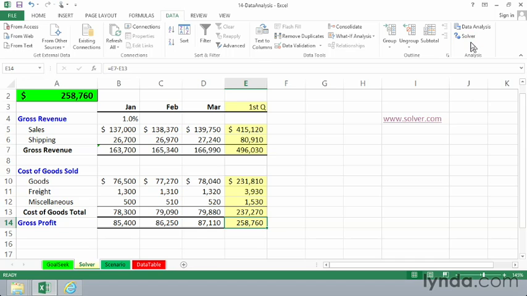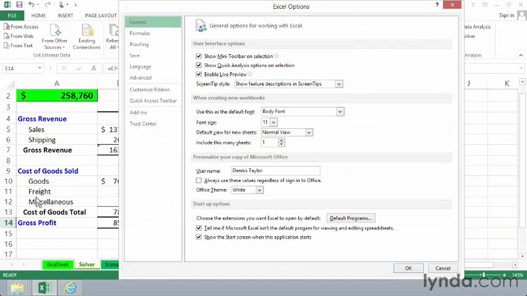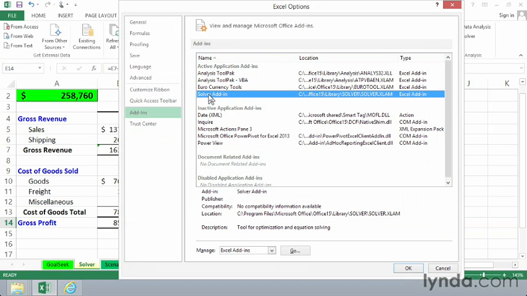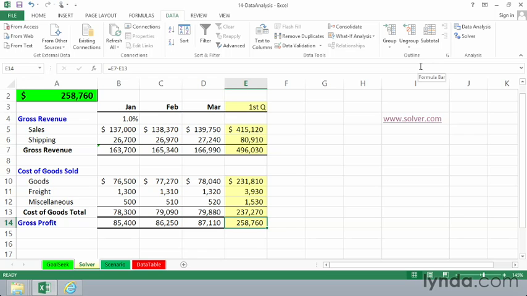If you have not added in this particular add-in, you need to go to the File tab in the ribbon, then choose Options, and then Add-ins, and you'll see Solver in the list here. And after clicking it, at the bottom of the screen, you'll want to make sure to Manage Excel Add-ins, click Go. And you'll then see this dialog box, and if it has not been installed, you'll want to check the box for Solver Add-in and click OK. Usually takes 5 to 10 seconds or so. I won't click OK since it is already installed. Click X. And at that point, you will see the word Solver appear in the Analysis group here on the